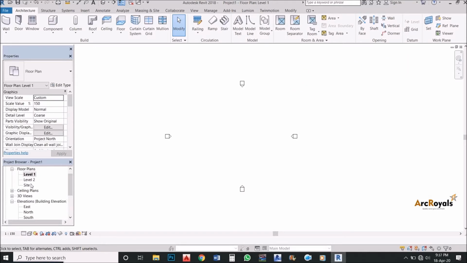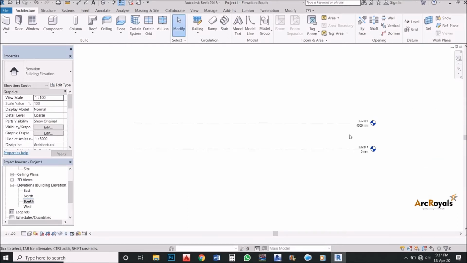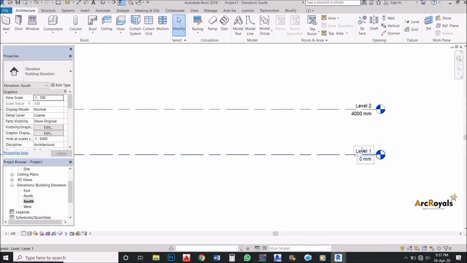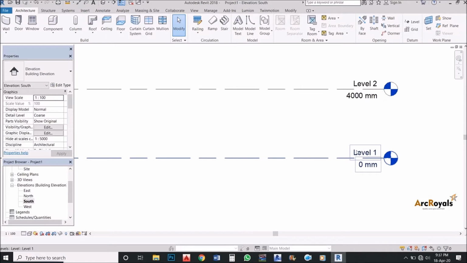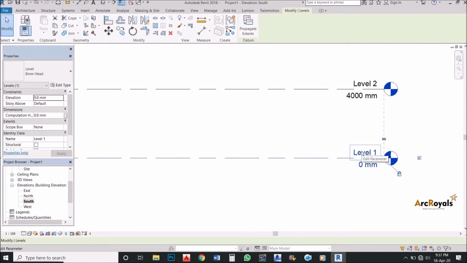So you simply go to your elevation, click on this box here. It's going to display your various elevations. Click on any of them. Now to set your level based on what you want to work with, you simply click on it, level 1, and you could name it your